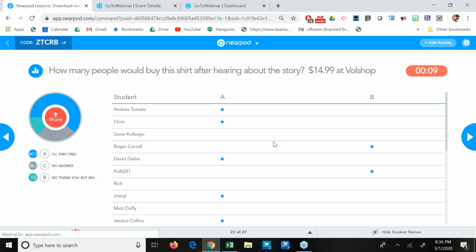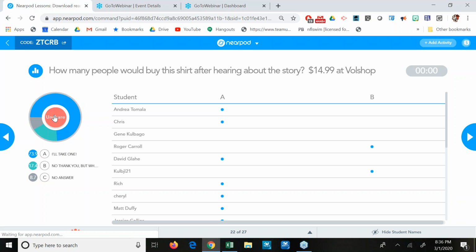See how many of us have some compassion out there. And 2 seconds and 1 second, and very good. I'm going to go ahead and share the results. And you can see here, this is a poll question, so it's not multiple choice, just to see where the kids are at. We can see 74% of us would take one.